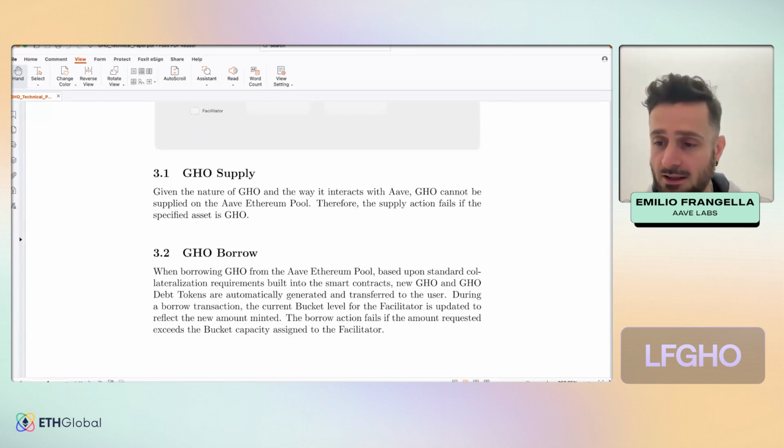And by doing this, it will be entirely possible to list Go as a normal asset on other markets, for example, on Polygon or Avalanche or Arbitrum, with an expected supply side for liquidity providers. So liquidity providers could, for example, borrow from the native market where Go can be minted on Ethereum, move the Go so minted to Polygon, and supply it to arbitrage interest rates. That's going to be entirely possible.